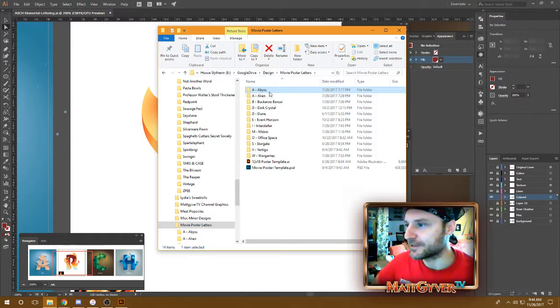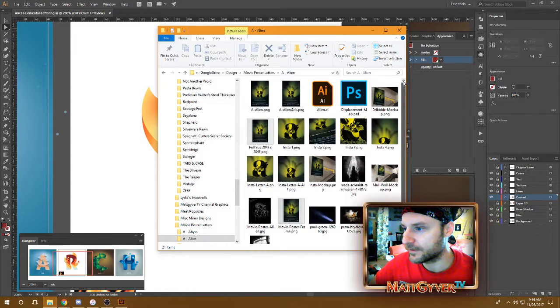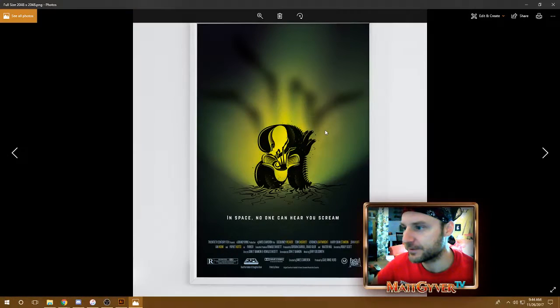Yeah, the poster stuff is cool. It's working out, like Alien. This was one of the earlier ones. Let's see. This one. But it's using the letter, just the first letter of the movie's name. Oh yeah, and don't have the movie's